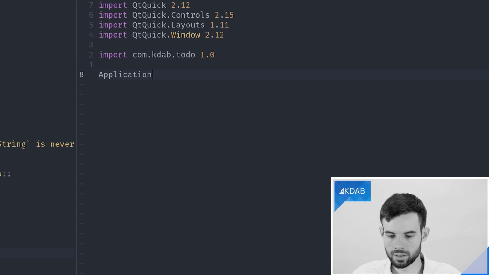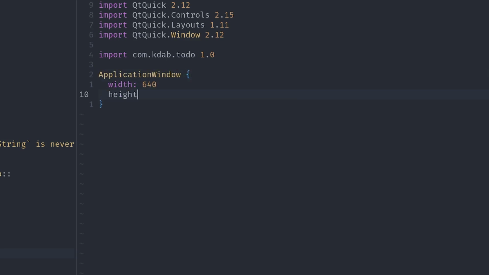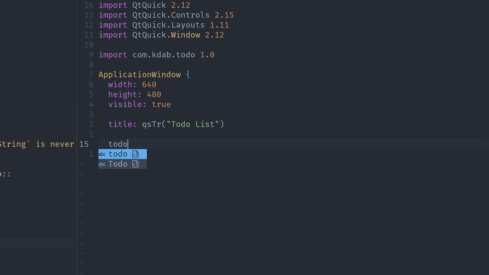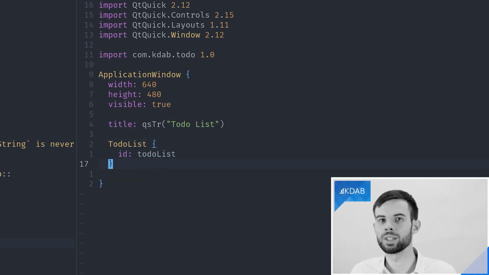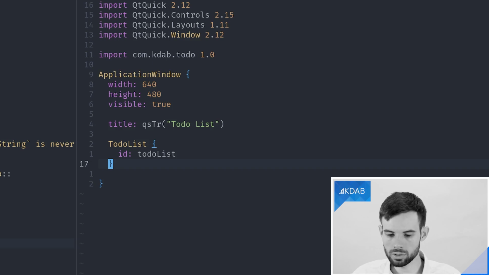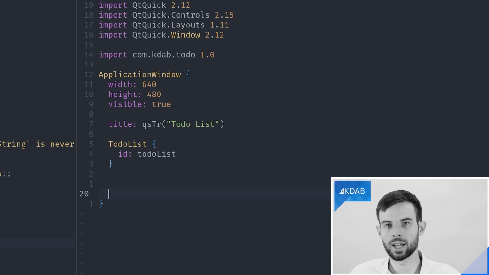We can then start creating our application window again. I've now also already instantiated our QObject, our to-do list, which will be the model for the list view we will add later on.